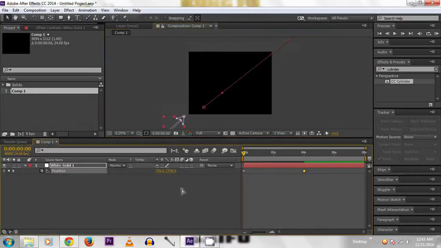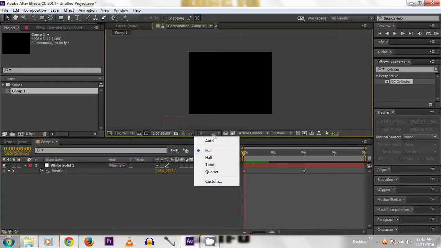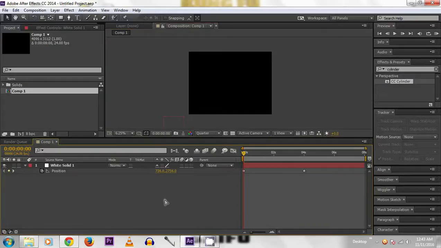Now when we play it, it will move up like this. My RAM is too slow, so give it quarter resolution. Then the rendering is fast. Now it is okay.